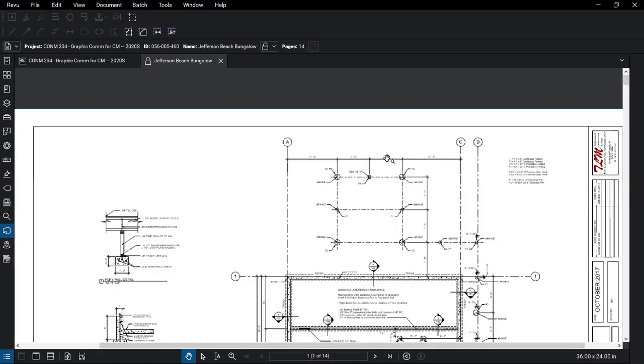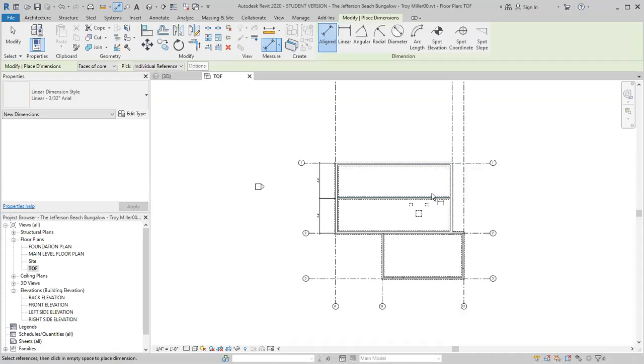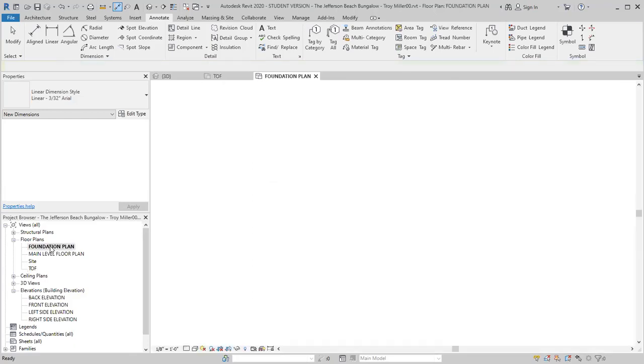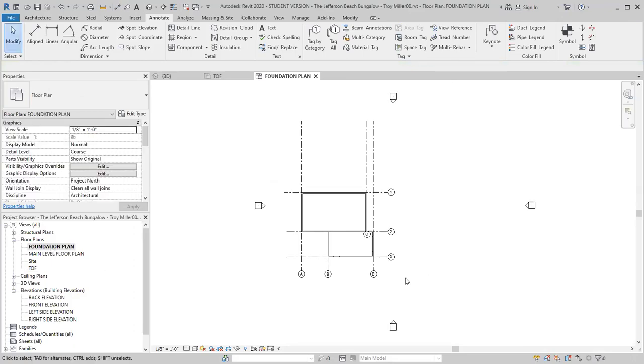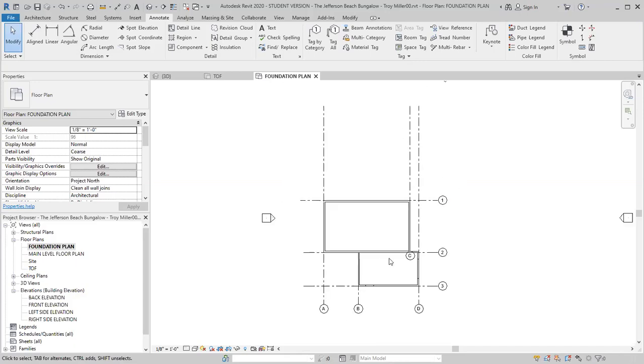So to start off with, what we need to do in Revit is start working off of the foundation plan. So I'm going to very quickly go to the foundation plan, and I suspect that I might have some view range issues happening. And if that's the case, we will go ahead and fix what we need to fix. So a couple of things you'll note here really quickly is that